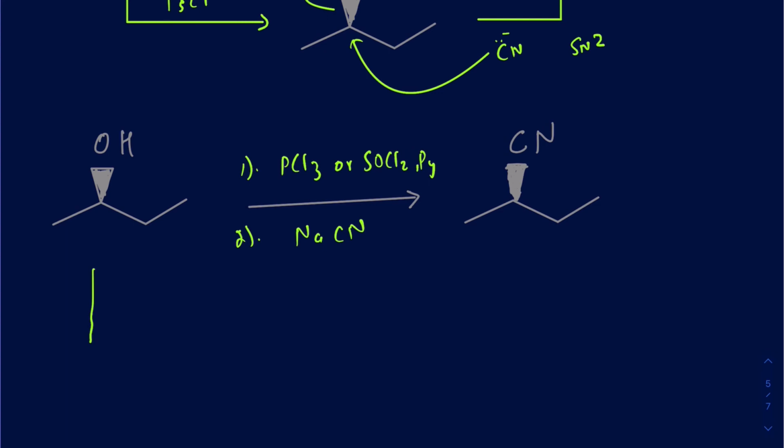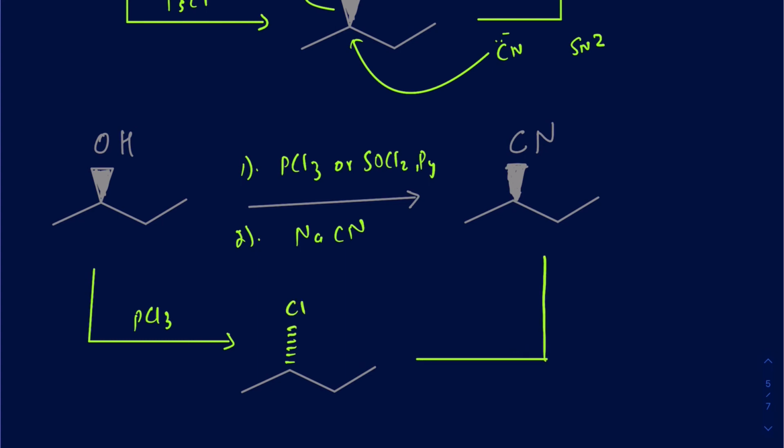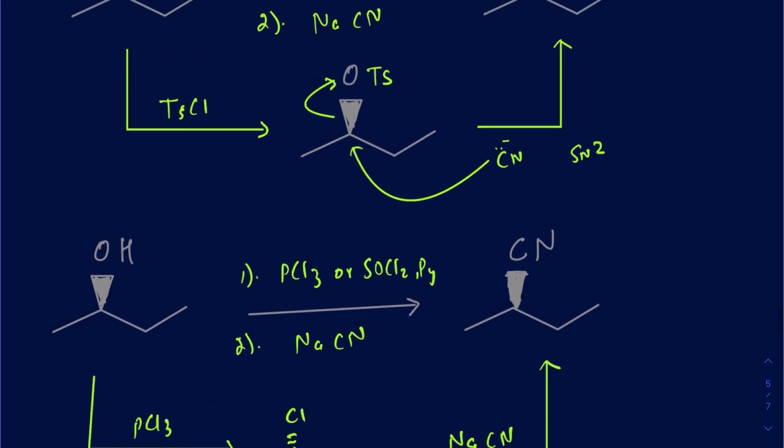So suppose in the first step, when I used PCl3 or even SOCl2 with pyridine, we would have an inversion in the stereochemistry there, where this chloride is going to be attached to that carbon going back into the page, and then eventually we're going to be using NaCN again. So that's going to be doing, again, an SN2. So two inversions will eventually end up being a retention at the end of the day. So this CN doing the backside attack will have this CN coming out of the page like I have shown in the products. So this is how you can convert these